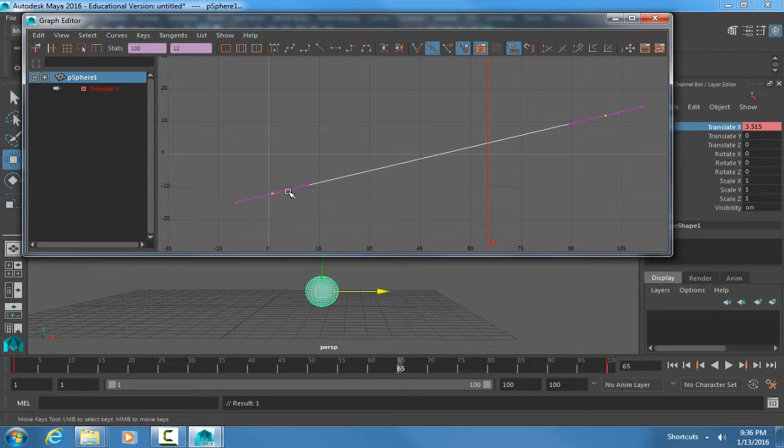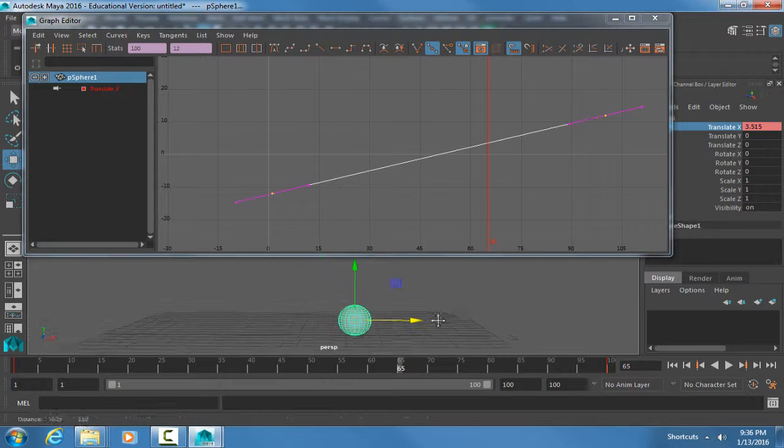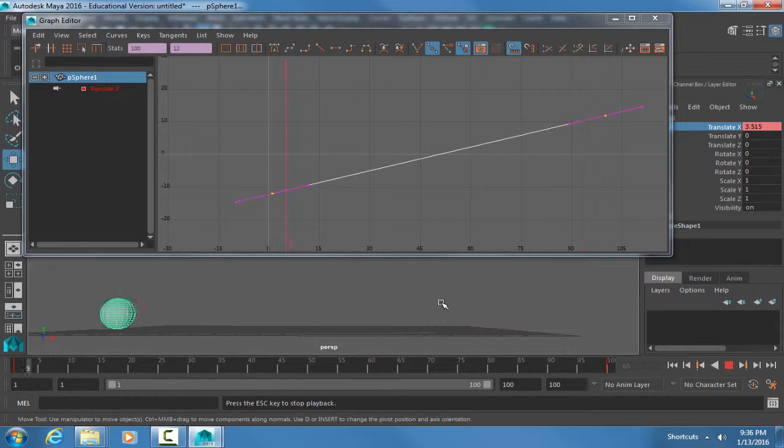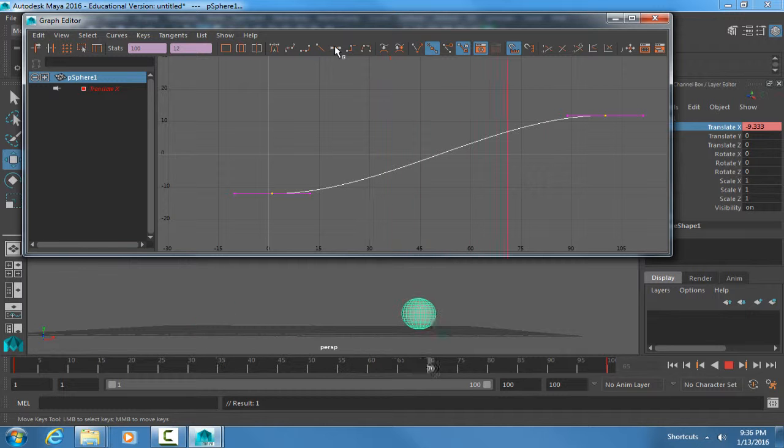All right? So this one here, when this goes from this point to that point, and these handlebars are in a straight line, that's called linear. That means that there's no acceleration, no deceleration. So if I hit play, you'll see how static this is. And it's actually much more boring than the original one was. If I click on this flat one here, we're going to get the original setting that we had. We're going to get a little bit of speeding up and slowing down at the start and the end of this. If I choose this one,